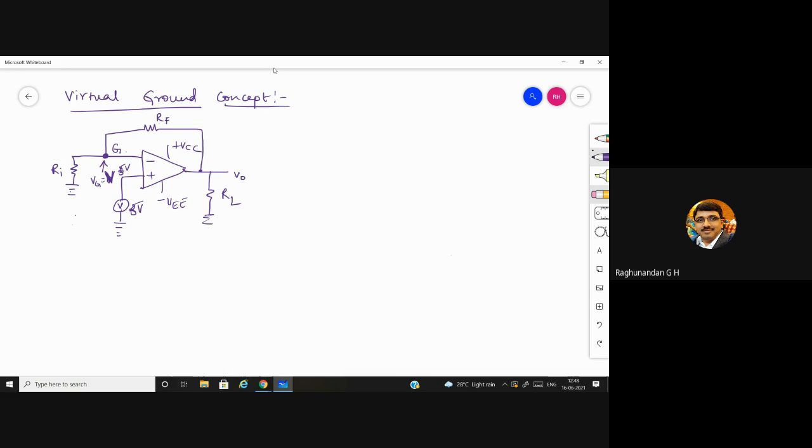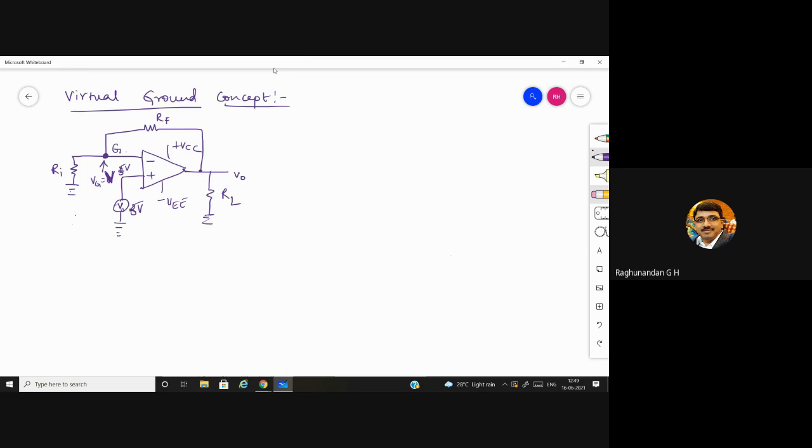This is known as virtual ground concept. The node which is present at the inverting terminal is going to follow the non-inverting terminal voltage. This kind of concept is known as virtual ground concept. This you should remember, because based on this only the entire op-amp applications are designed. And you can see that it is not directly connected to this, but still it is going to follow this voltage. If it is grounded, this also shows 0. If it is given a voltage, it will show that voltage. This is virtual ground concept.